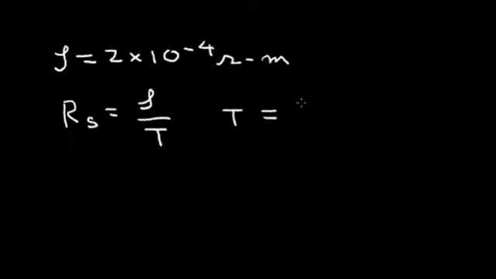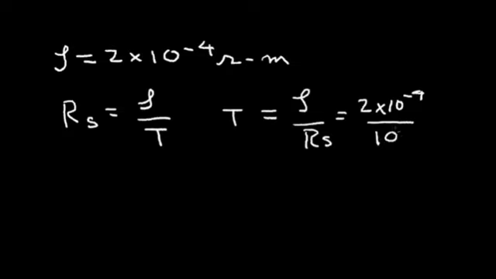T is equal to rho divided by the sheet resistance, R sub S, in this case, is equal to 2 times 10 to the minus 4 ohm meters divided by sheet resistance of 100 ohms,